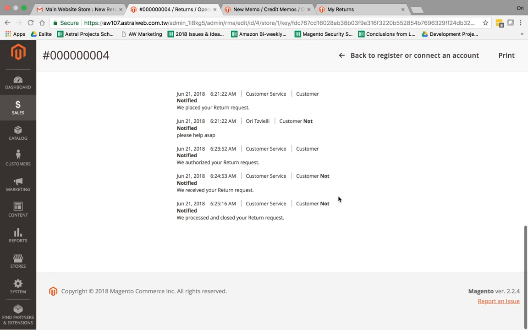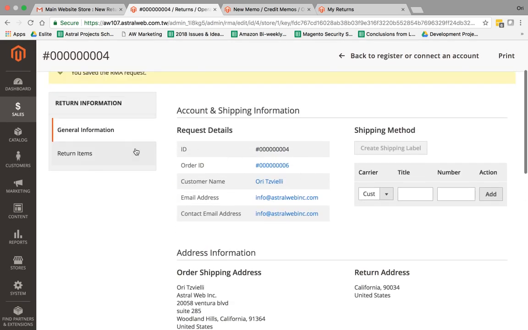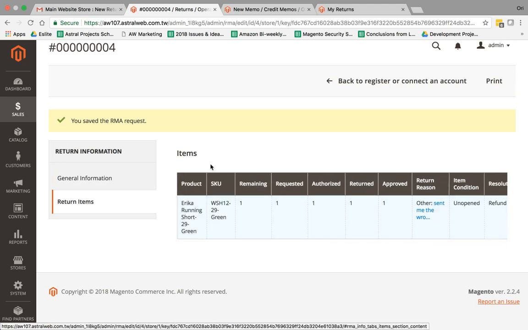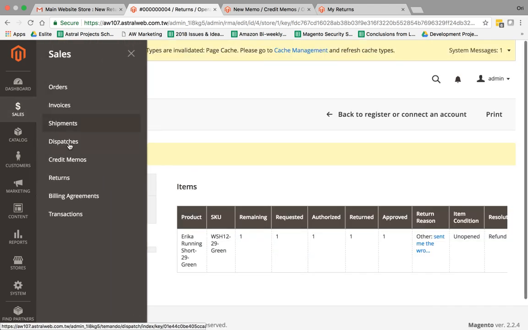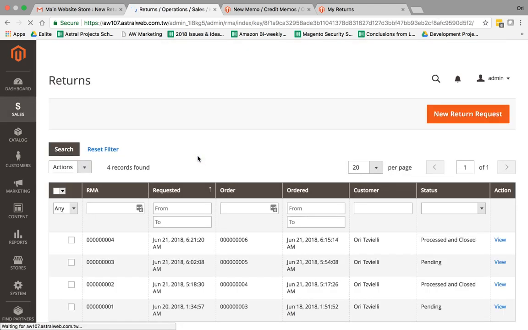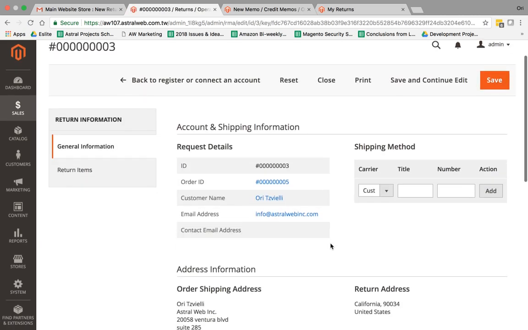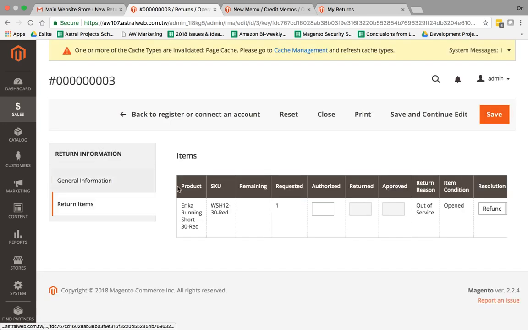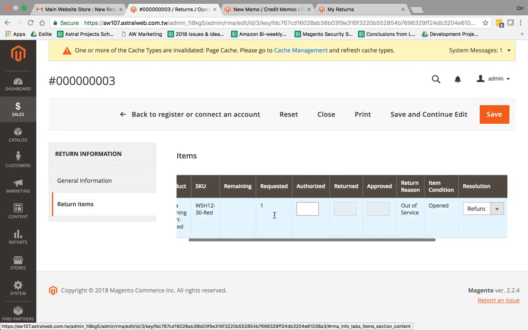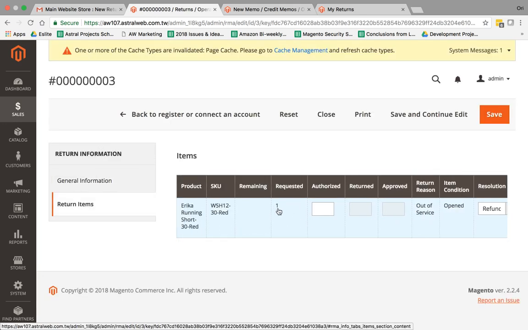I want to show you a few other sample things and go through them. So let's open another one. A few other tips could be helpful, so let's go to another RMA that I opened before. I want to show you a few small things that are helpful. First of all, sometimes you might have someone requesting the return of a specific SKU but in multiple quantity.